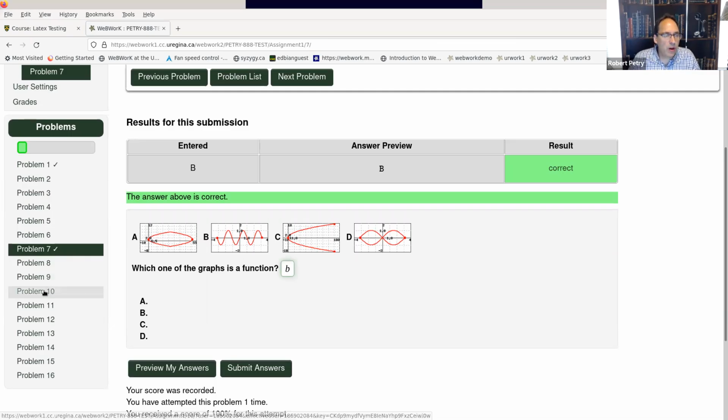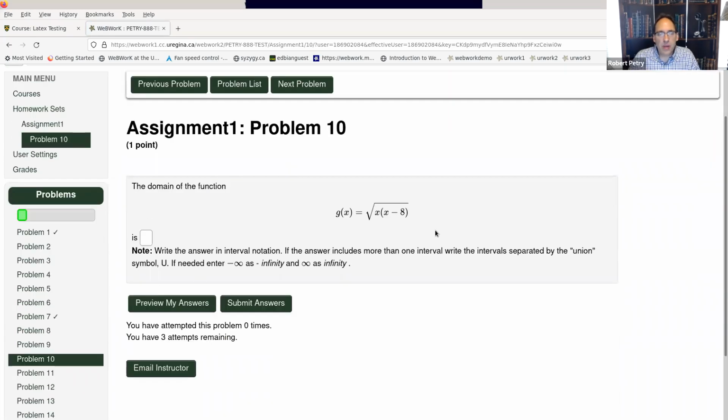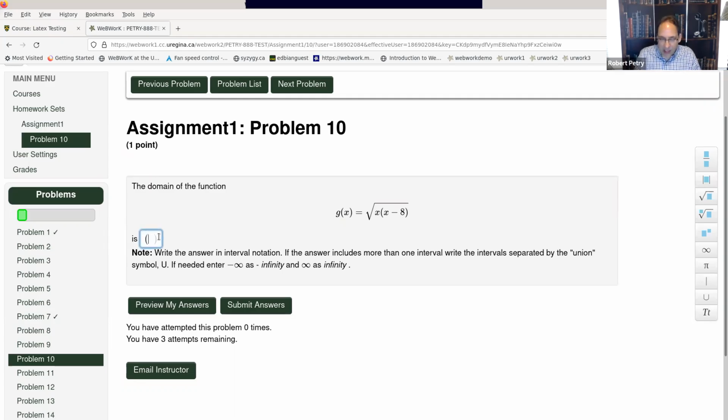I'll show you something which requires a bit more sophisticated input. Problem 10 here, find the domain of this function. This requires using sets and set theory. For this one, if you know the math, this would have to require, I think, an interval from negative infinity. Now I can either type inf and it'll automatically enter it, or I could go to my little palette here on the right: negative infinity, comma, 0, close bracket,